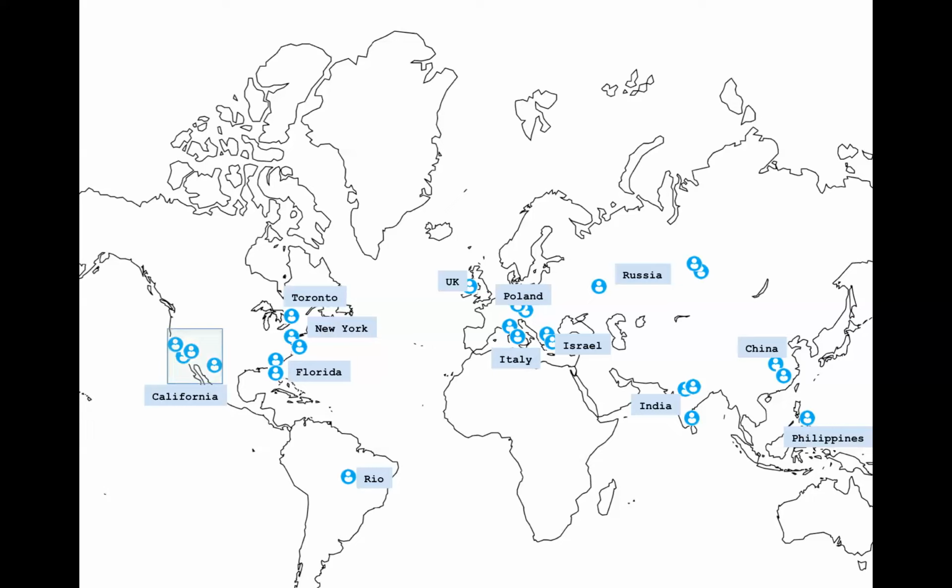So in this case, you can combine the engineers who are working in California and Texas together in one team. People who are on the eastern coast of US in one team. In this case, you can see Rio is somewhat closer to the time zone of New York, so the engineer who's working in South America can be part of the team that's on the east coast of US. In Europe, again, you want to bunch the team together by time zone. In this case, you have bunched engineers in UK, Poland, Italy together.